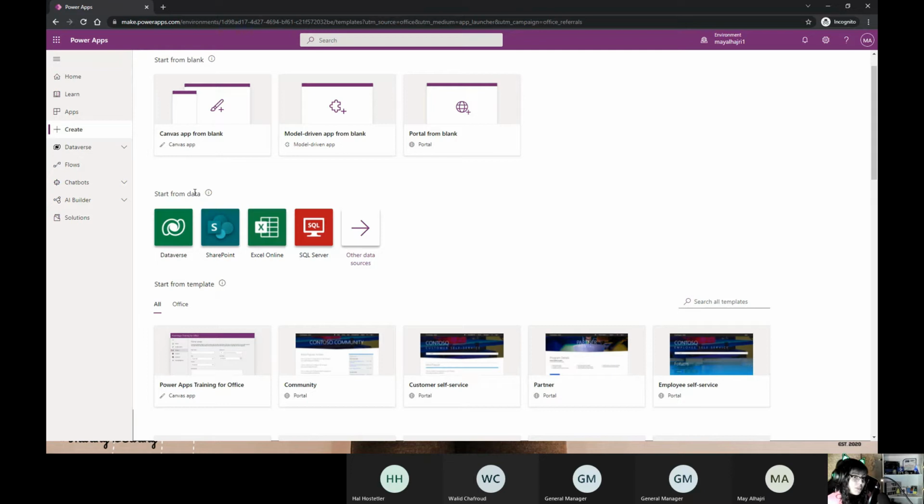Even if I would like to do some safety application, I can do so. A lot of amazing stuff that we can build within these amazing Power Applications or Power Apps. So first step,